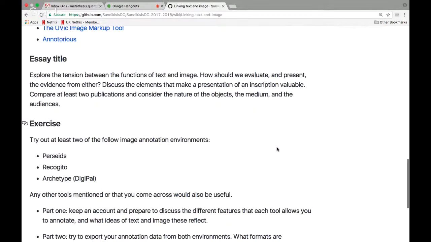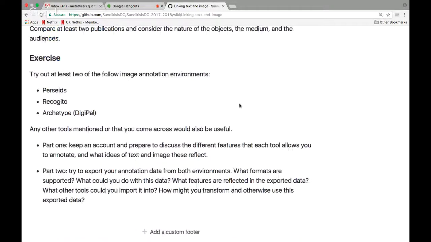Perfect. Okay. So, for the exercise, try out at least 2 of the image annotation environments we've talked about. Maybe begin with at least 1 of the 3 that we showed in a bit more detail, but obviously look at the other ones, try them if you like, or something else that we didn't show that you've come across or use frequently. But in any case, pick at least 2 annotation environments, and in the first instance, look at